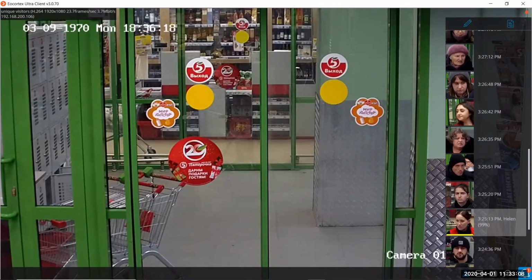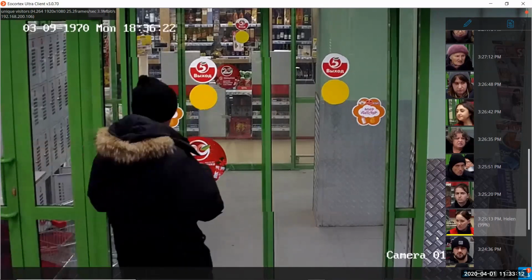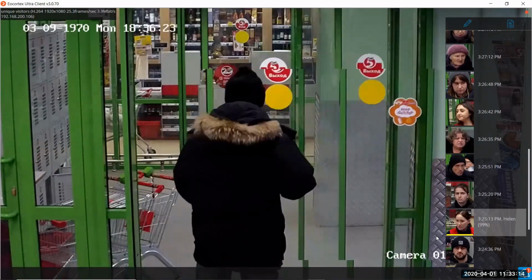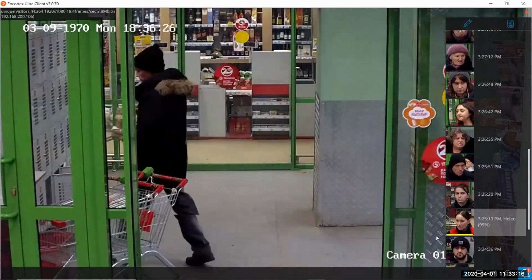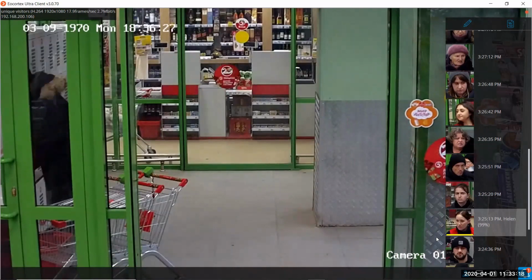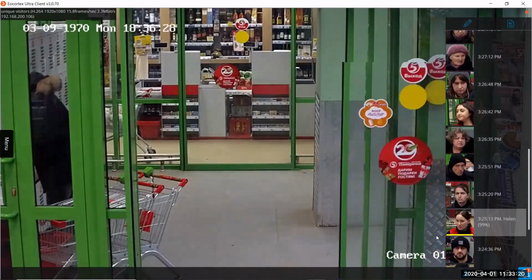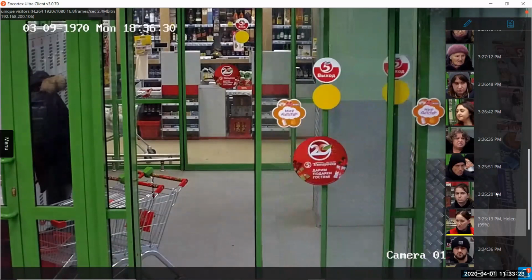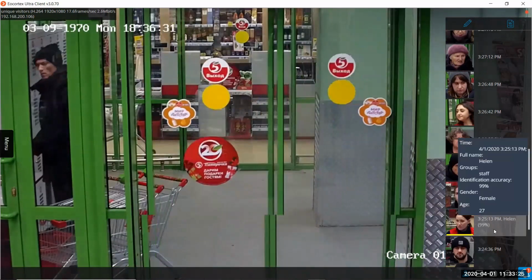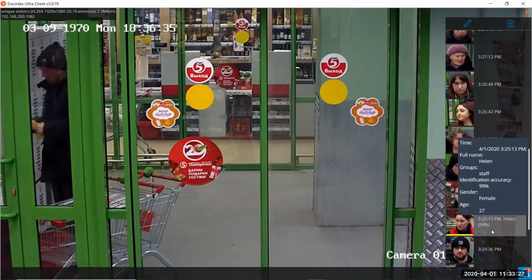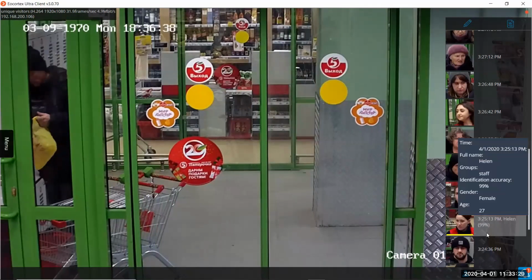Also, as this module is using the neural network, we can also see some approximate statistics about the person that was detected, like gender and age. So, for example, if we point our mouse on this person, we can see that that's female and the age is 27.